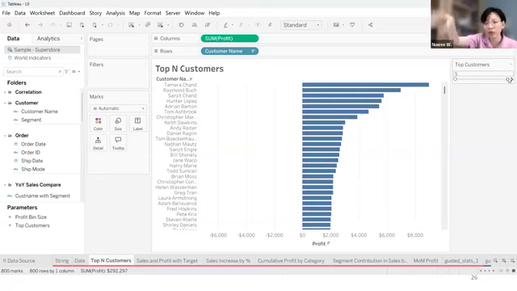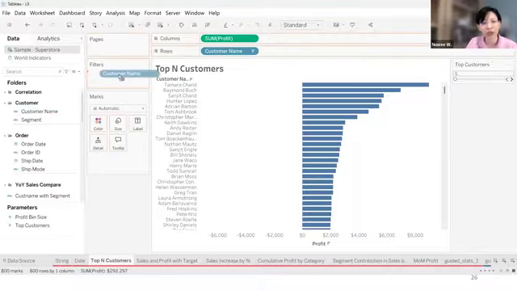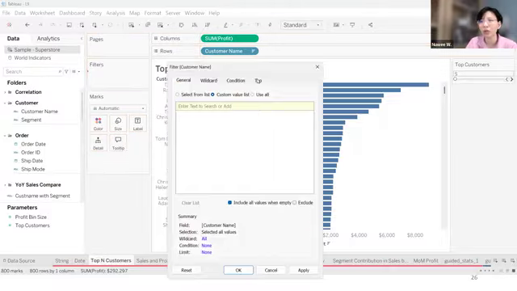So that means I want to filter out those 1,000, not top 5. So I want customer name to be filters. I put customer name to filters. Customer name to filter. And then I choose top